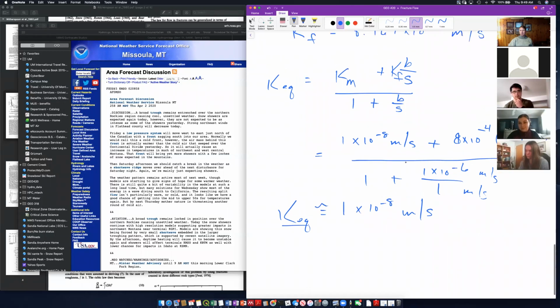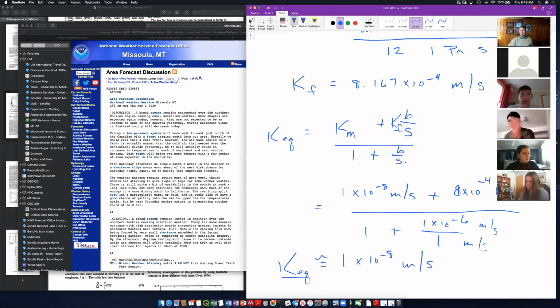Negative 8 as well. Yeah, we weren't sure which to use for B, the one that was to the negative 4th or to the negative 6th. So we did half and half. Ah, right. Okay, so most people are getting something between 1 times 10 to the minus 8 and